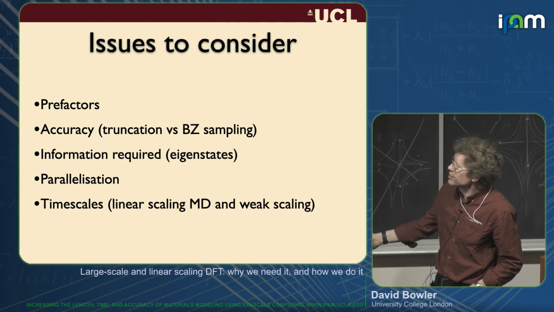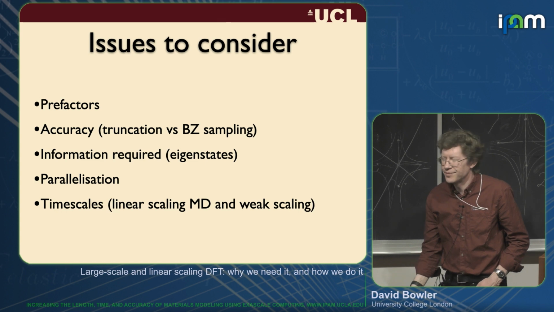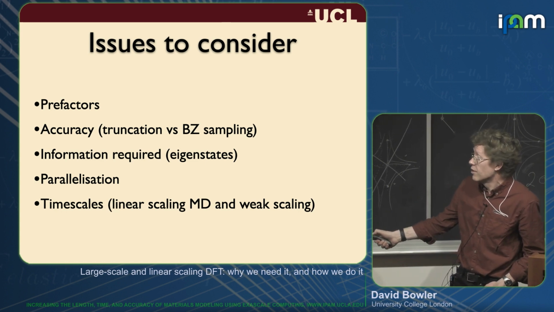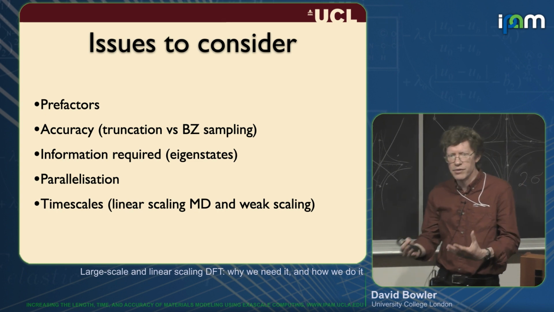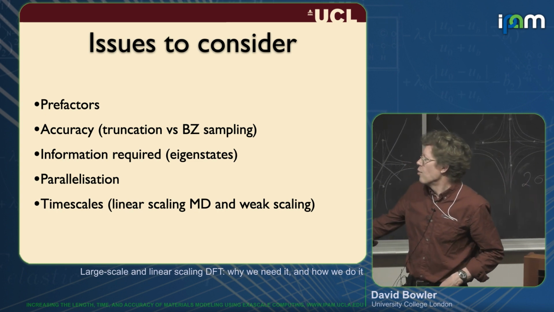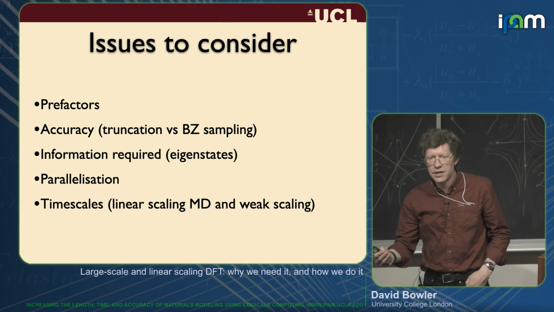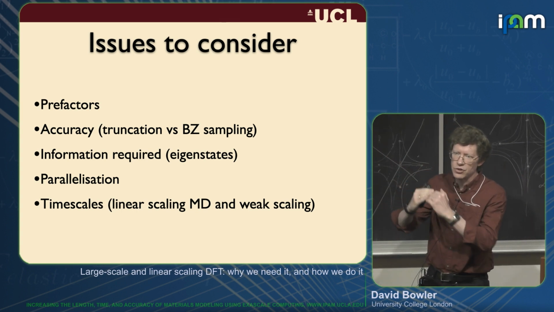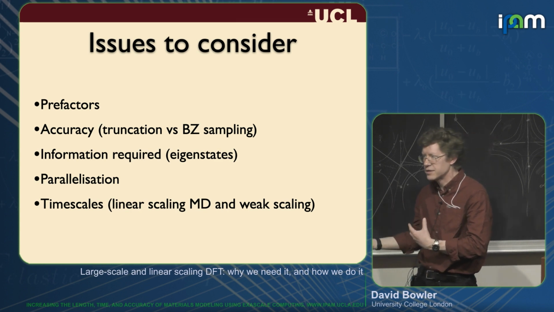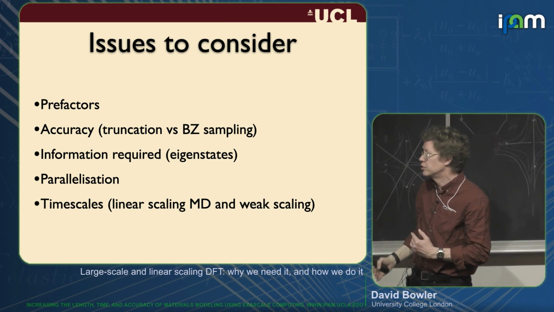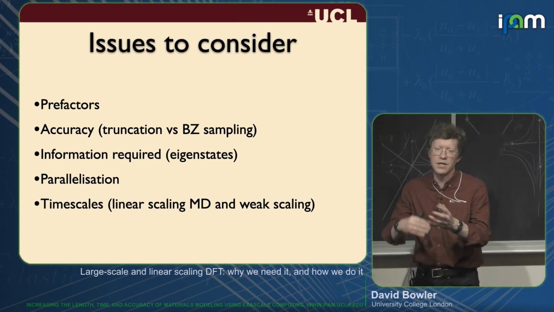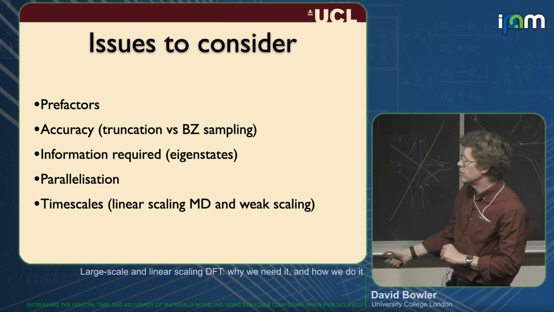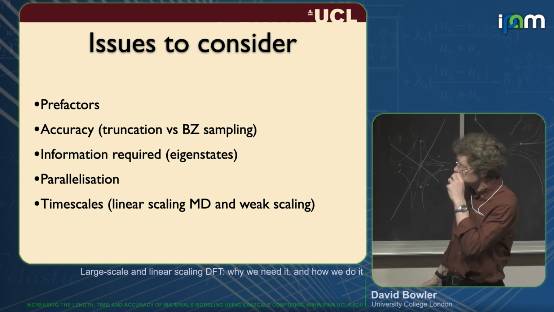There are many issues to consider with order N. There's prefactors. There's accuracy. Where do we truncate? But then also, when you're doing diagonalisation, how's your Brillouin zone sampling looking? What information do you require? When you do linear scaling, you do not get the eigenstates. For linear scaling, you've integrated over the energy. You're working with a density matrix, not the eigenstates, so you lose the energy resolution. You can get it back out again using Lanczos type approaches for a certain window. That's true, but you do just generally lose the eigenstates.